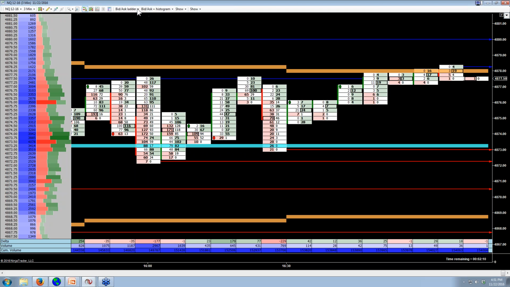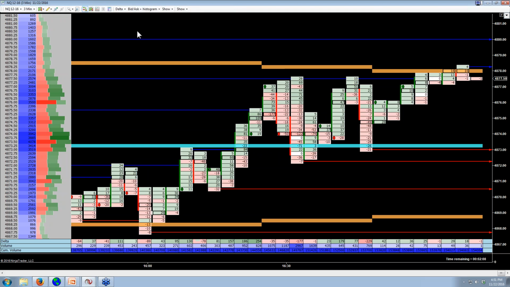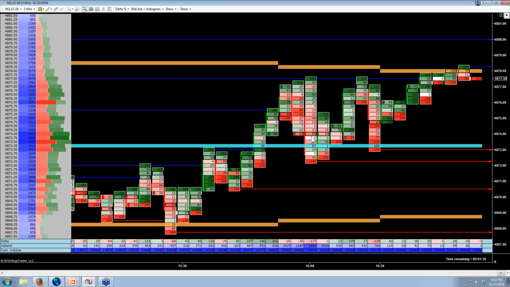And then delta, so each bar here is now at each price level going to tell you what the delta was. Positive 20, positive 20, positive 27, negative 14, 3, etc. And then down here it'll still give you the totals based on which one has the most. So that's the other option. Delta percentage,